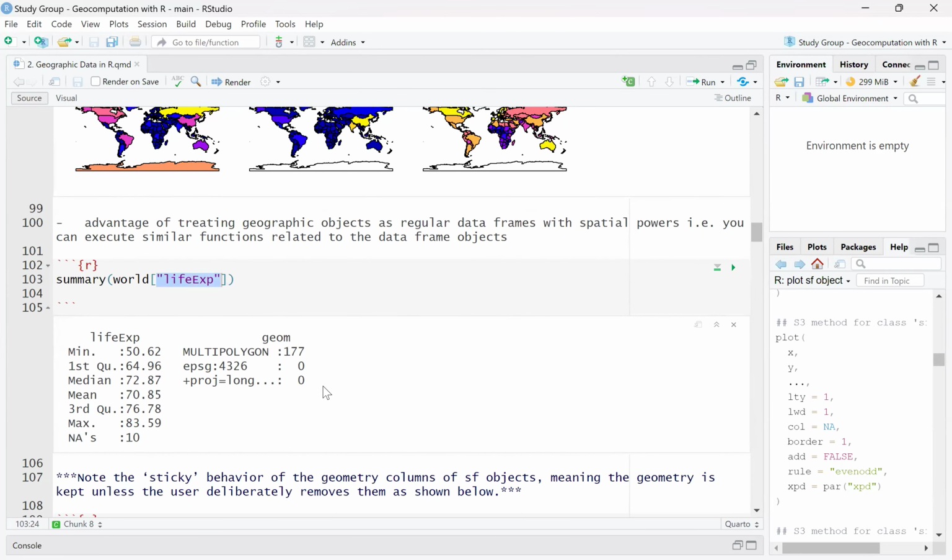That's the sticky situation that we're talking about. It's wonderful and it's sticky. So any column that you take out of a data frame that has those spatial characteristics would always